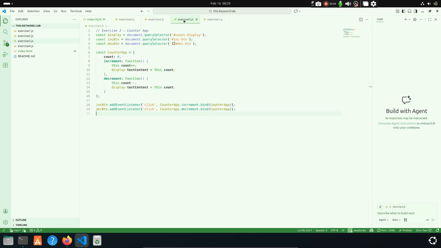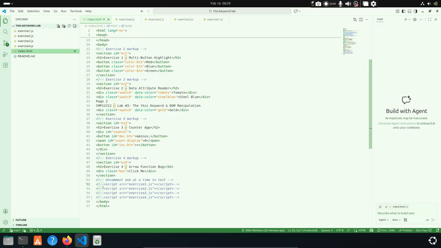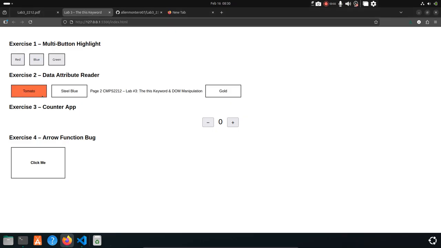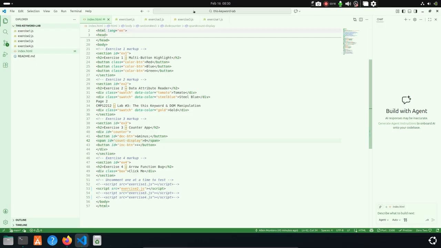So then for exercise three, oh wait, I didn't show exercise two. One moment. Here we go. Right. Exercise two. So here is the red, tomato, steel blue, and gold. So it does work. And then for the command prompt, we have no errors. Now, exercise three, as I was saying,